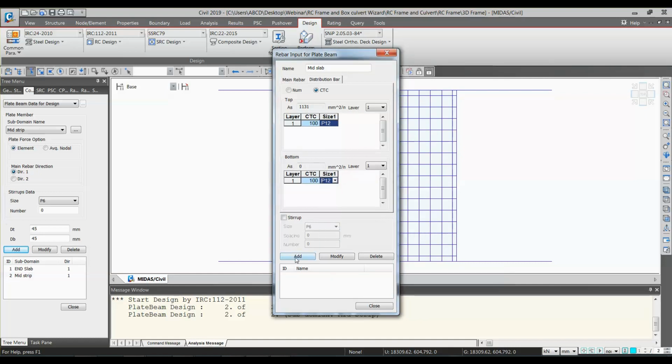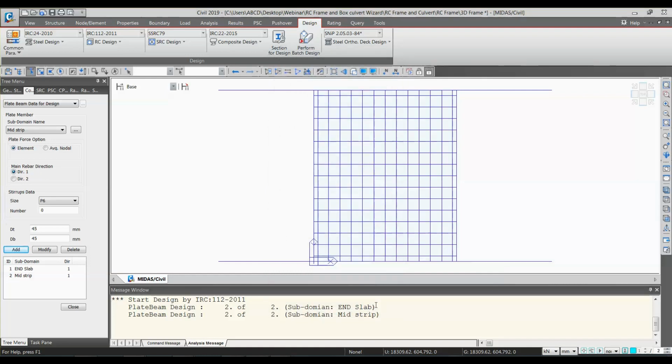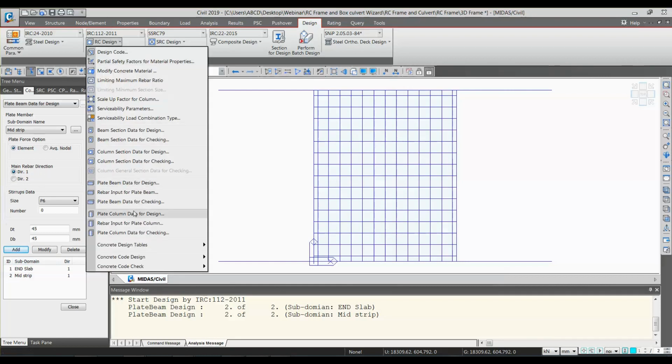Okay, and I'll just click on add. I'm not defining the end slab right now because this is to show you the procedure. Right now we have to also cover the 2D and 3D part for the box culvert.